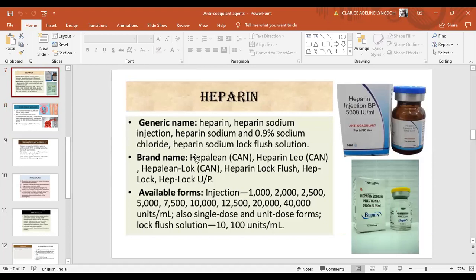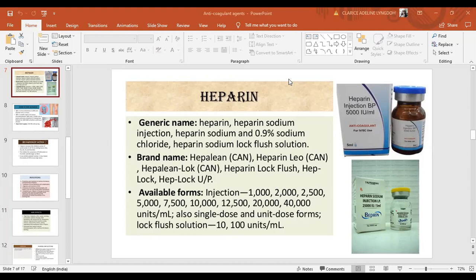Then we also use heparin flush when we are doing the procedure of ABG. Who can tell me what is the full form of ABG test? Arterial blood gas. Yes, arterial blood gas. This is a test where we take the blood sample from the radial artery. When we do this test, we will be able to diagnose whether the patient is having metabolic acidosis or metabolic alkalosis or respiratory alkalosis or respiratory acidosis.